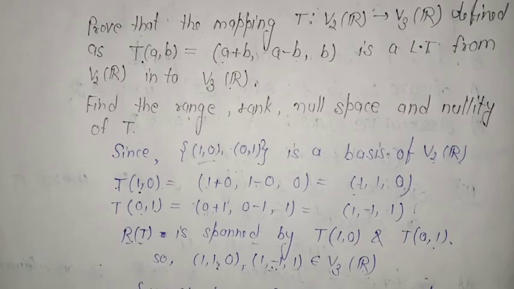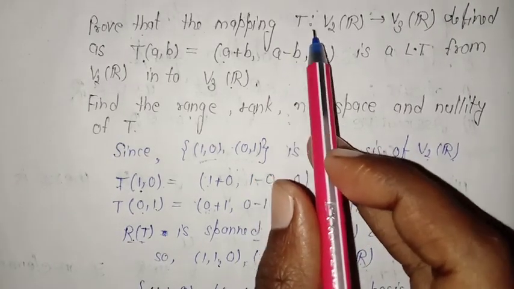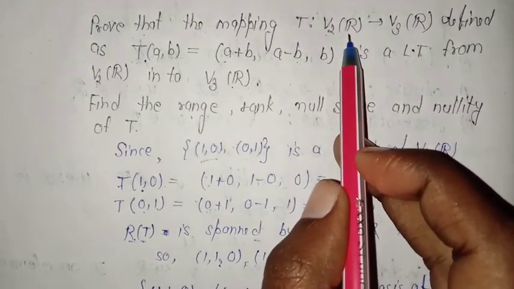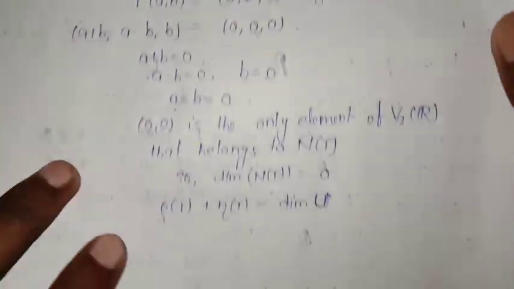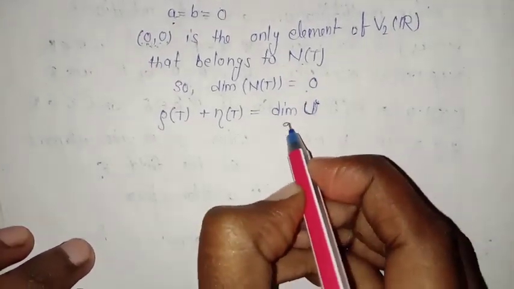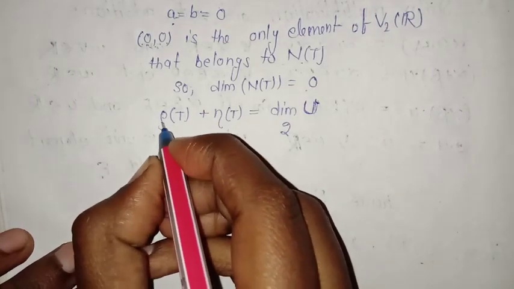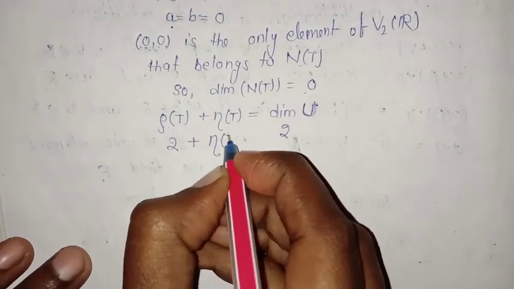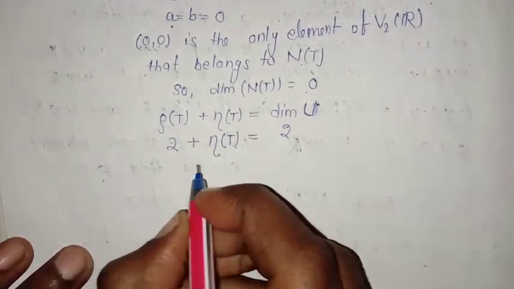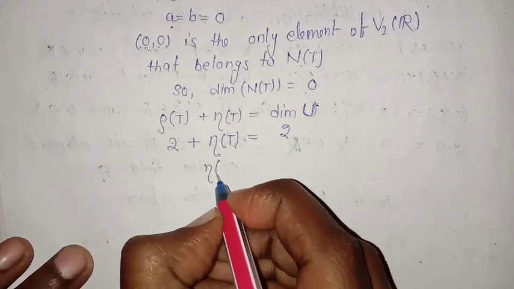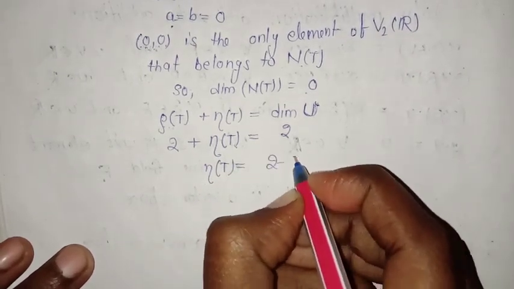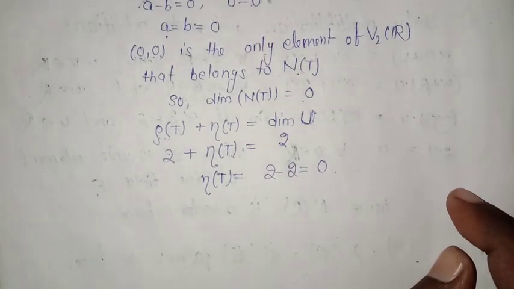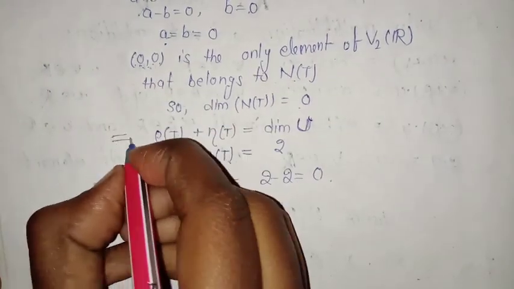Now if we see our example, we have defined the transformation from V2 over R to V3 over R. The dimension of U is here given as 2. And we have calculated that the dimension of the range space of T was also 2. From here, if we calculate the nullity of T, that is the dimension of the null space of T, the nullity of T becomes 2 minus 2, that is 0. So nullity of T can also be calculated from here. I will discuss this property in my next video.